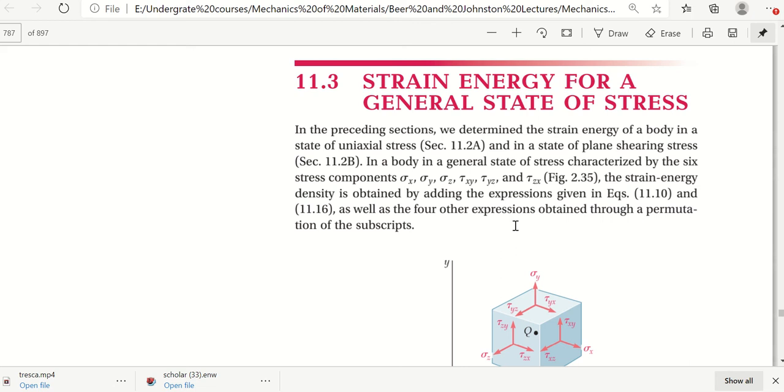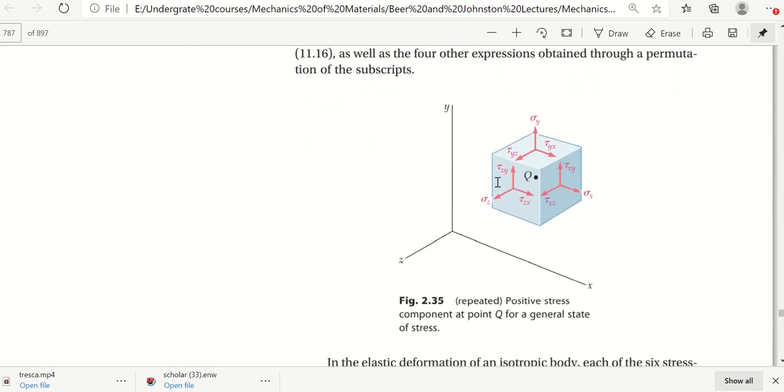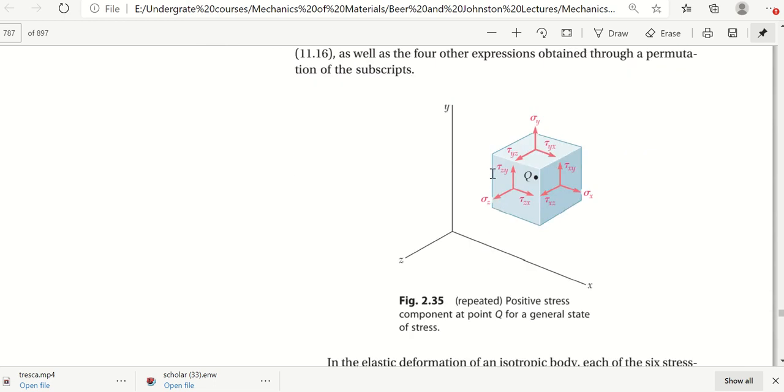So in this video we will understand the general state of the stress, and we will discuss how we get the relation for the von Mises stresses. In the von Mises criteria we have discussed for the failure theories. We have told that we will discuss its derivation. So in the general state of the stress, you know that for the Cartesian coordinate system, there are normal stresses and shear stresses on each face of the cubic element.